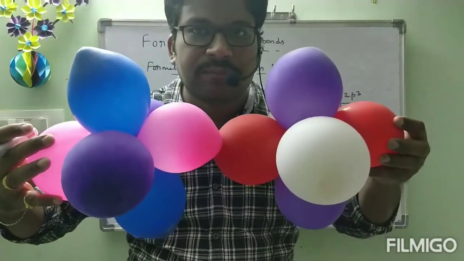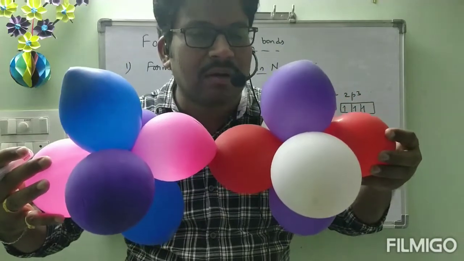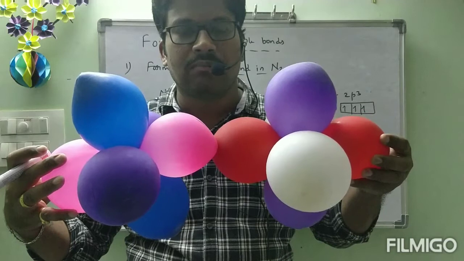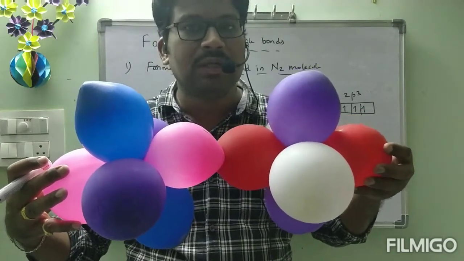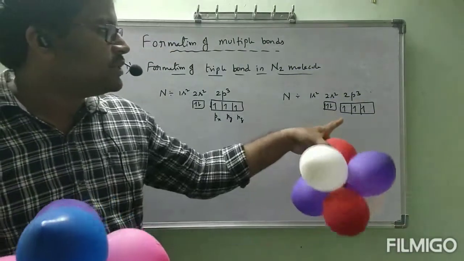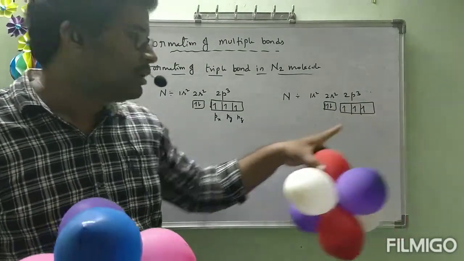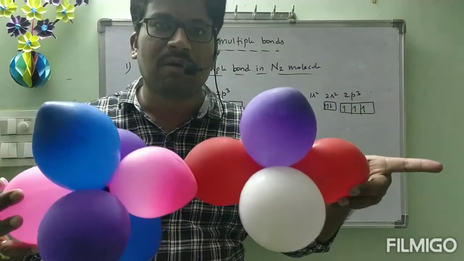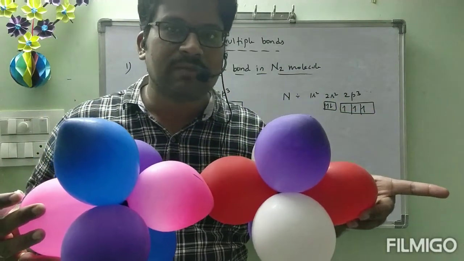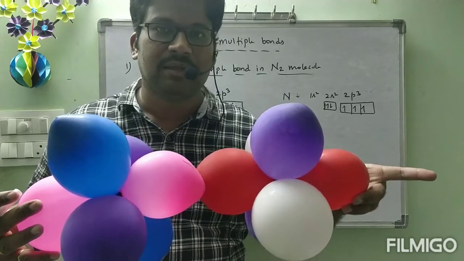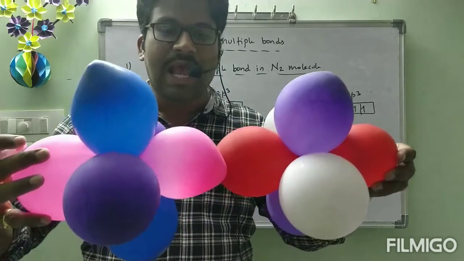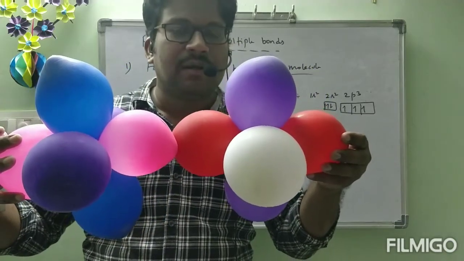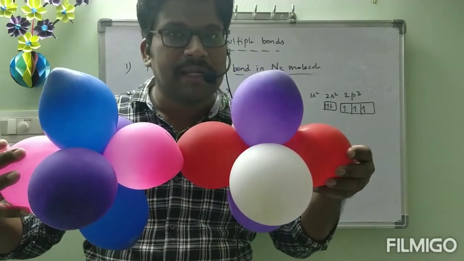It is not possible. But by the formation of one bond, the N2 molecule is not stable, because this nitrogen requires 3 electrons and this nitrogen also requires 3 electrons. By this only one bond can form. The remaining 2 bonds also must be formed to be stabilized. Then what will it do? As the blue balloon on the y-axis and the other y-axis orbital cannot approach each other completely.